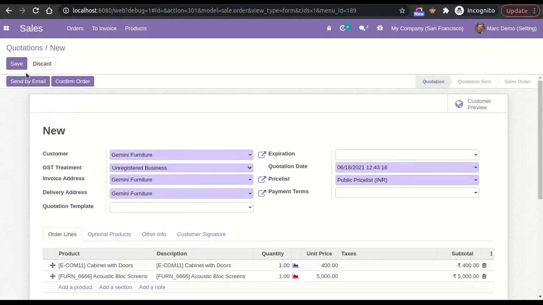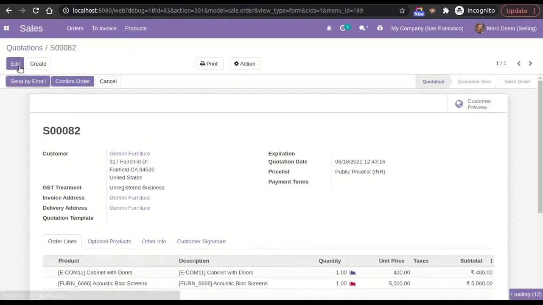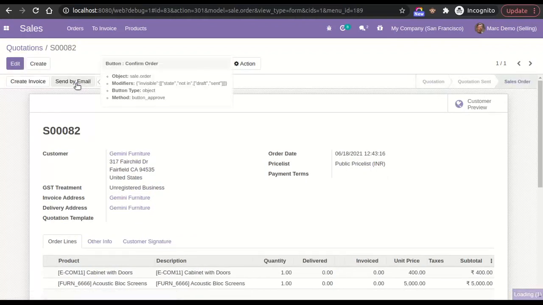Now click on the save button and then confirm order. Here we can see the sales order has been created. So this is the flow of one-step sales validation.